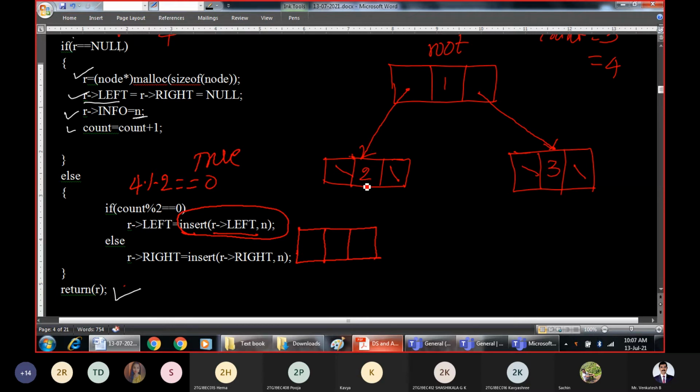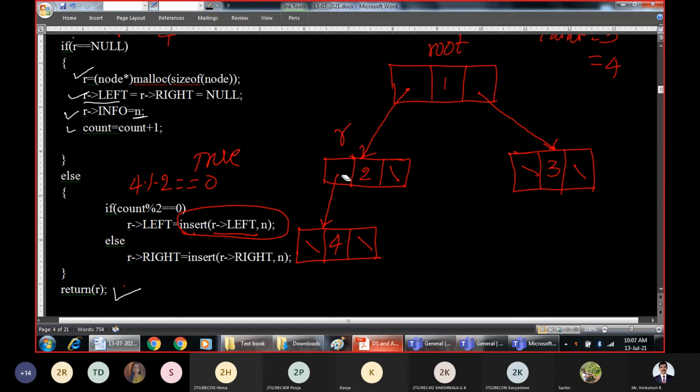In the first iteration, this is the root. When you call it recursively, this becomes the root node. Again, it will recursively go to the left node, and this is where it will get inserted. So the element part is 4. This is null, and this pointer must point to this node.